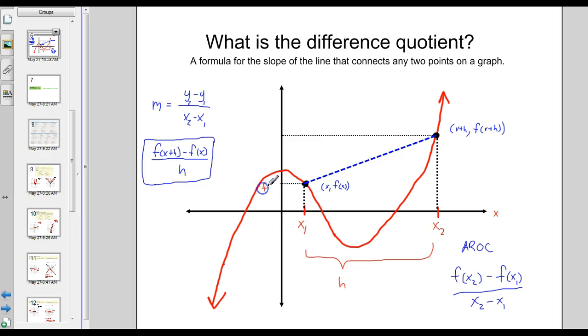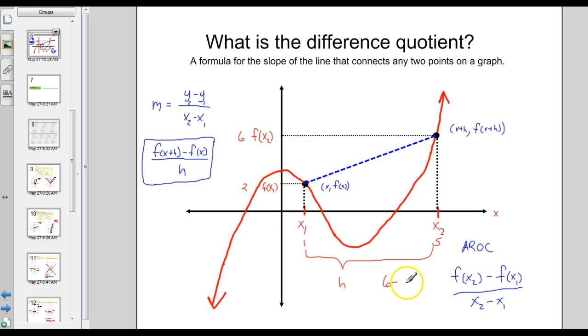Now this becomes f of x1 and this becomes f of x2. The only difference between x and x plus h and x1 and x2 is that x1 and x2 are just going to be specifically given to you. For instance, this might be 1, this might be 5, this might be 2, and this might be 6. And then f of x2 minus f of x1 would be 6